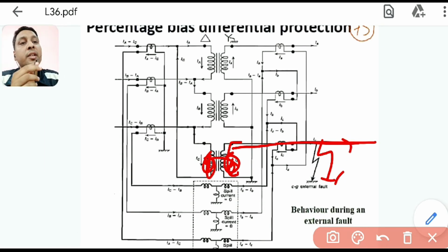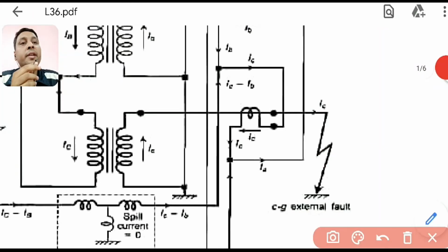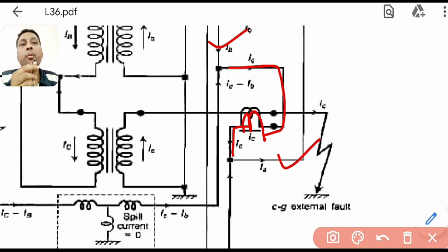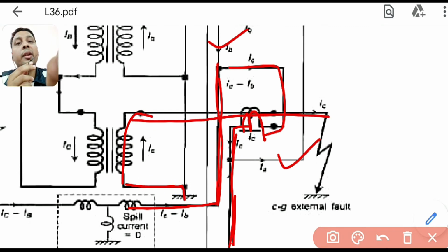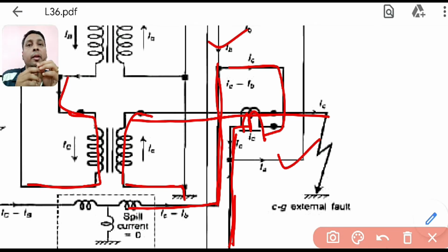Because there is a change in this current, this CT will sense it. Once this CT senses it, this current will increase, because the rest of the branch currents are fixed. IA and IB will not change because there is no fault, so obviously there will be no change. So this dark line will be activated. You can see these lines are given in bold, and this winding also gets activated. The windings and lines which get activated are given in bold, to indicate that they are activated during that fault.